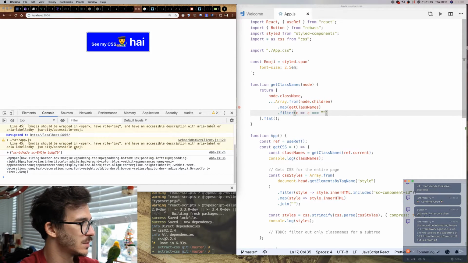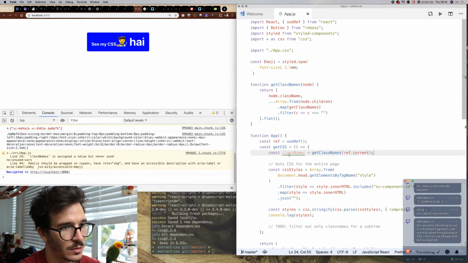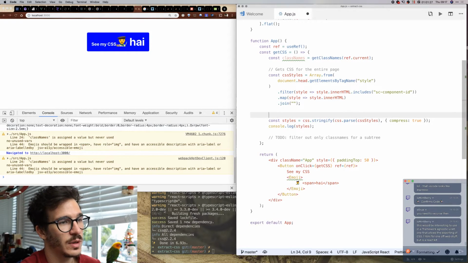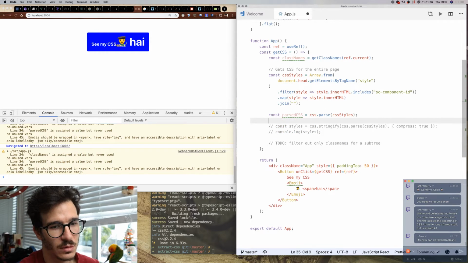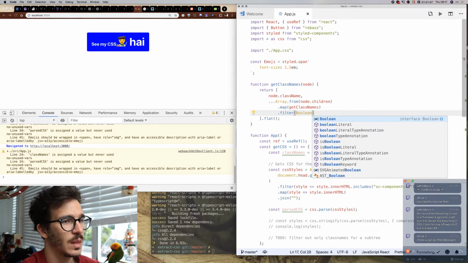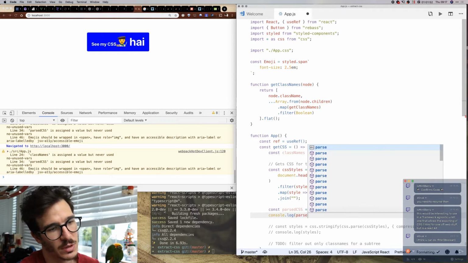Next step is to filter the CSS. So we have class names, document CSS styles, that gets us the entire page. Then we have const parsedCSS is going to be css.parse of CSS styles. Okay. Now filter boolean. So parsedCSS, console log parsedCSS, and